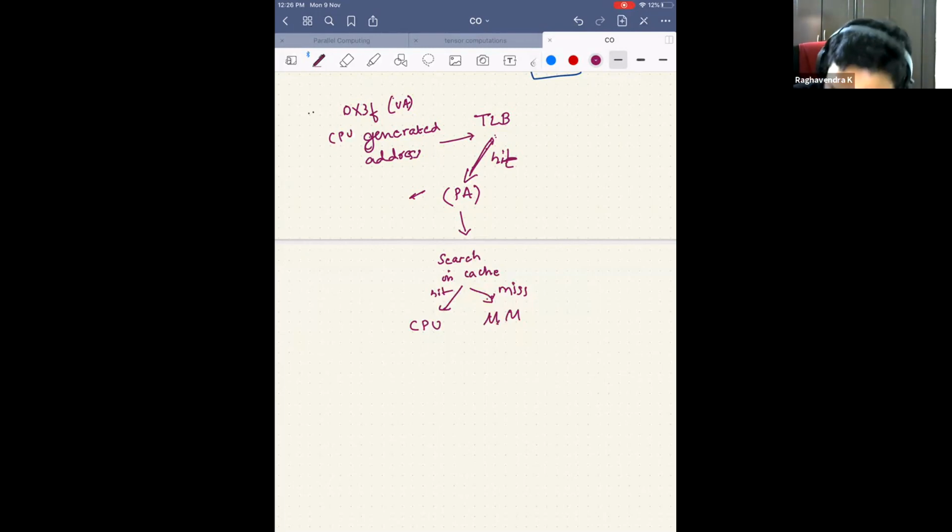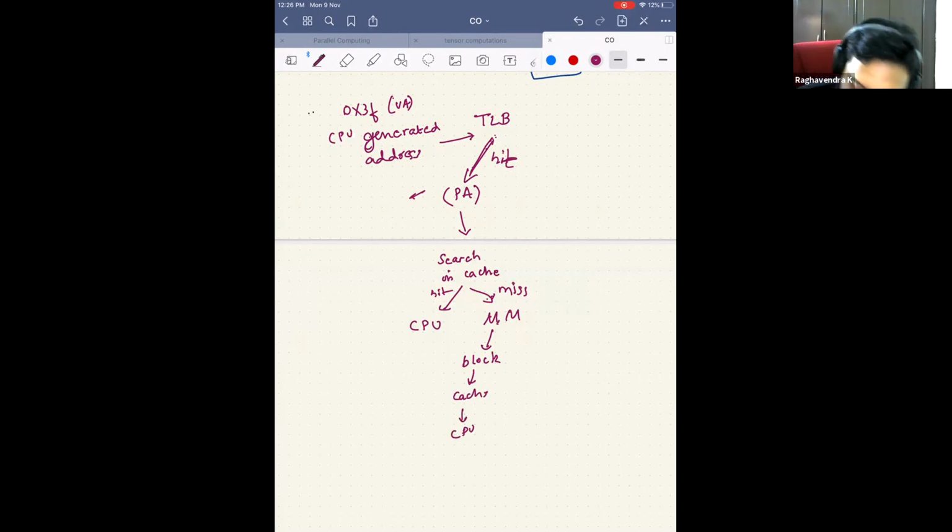Okay. So now we get the block of data. Now instead of just fetching 0x3f, I get some chunk of data. Because I have already gone to the onion vendor, rather than buying 2 onions, I'm buying 1 kg of onion. Right? So I get the block of data. I put it in the cache, and then send it to CPU. Or maybe I do it in parallel. I mean, let's not get into all that.